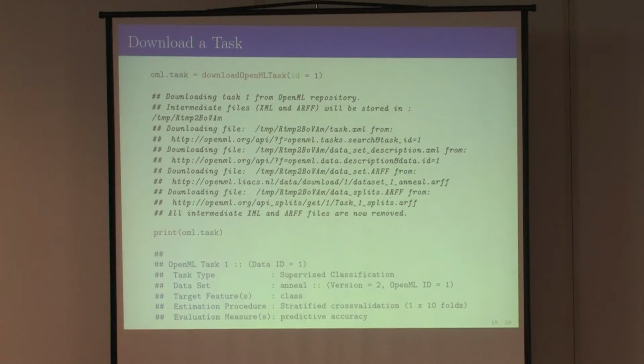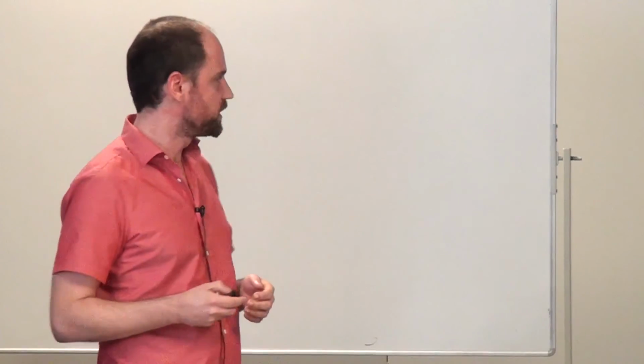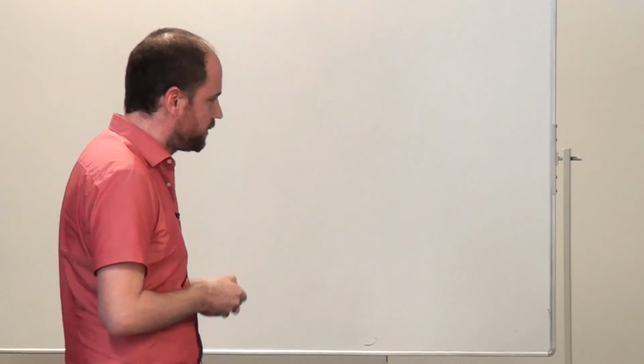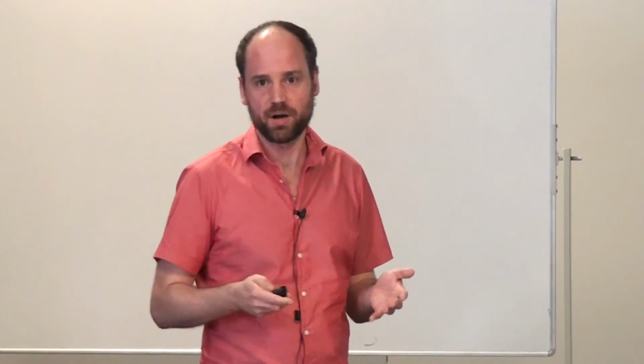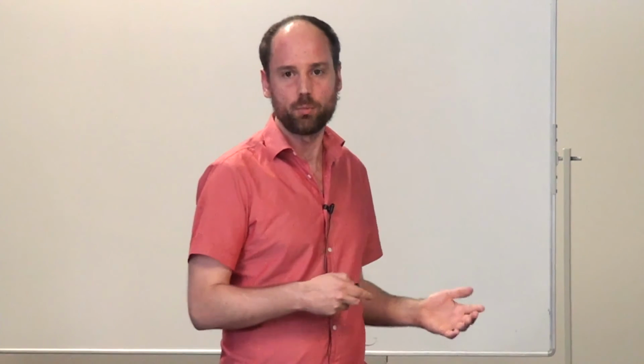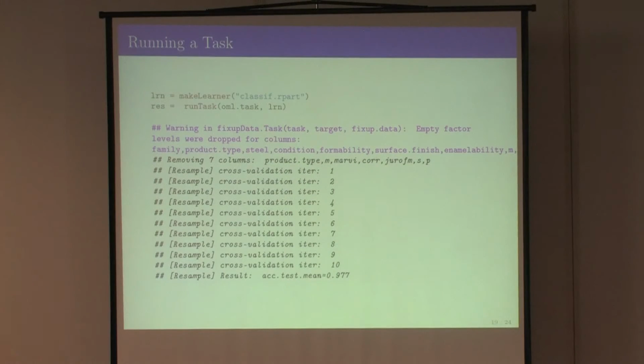You can download a task, and this will download not only the dataset object, but also information on what you are supposed to do now with this data. And it will also download the cross-validation splits and so on. Again, you get this in a nice object that you can query and use. You can even leave the OpenML package if you want. Even these two operations would be incredibly useful, I would say, for practical work.